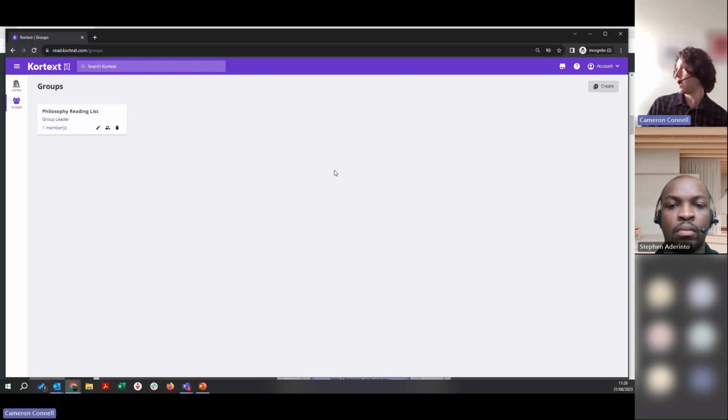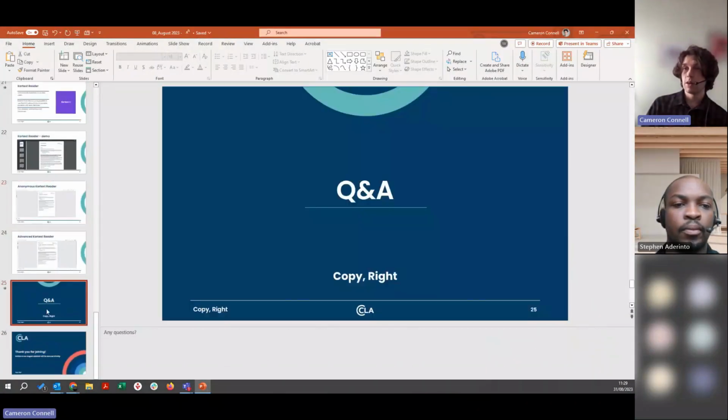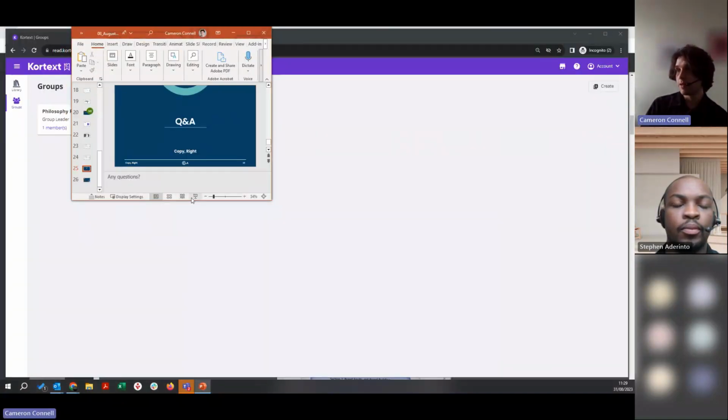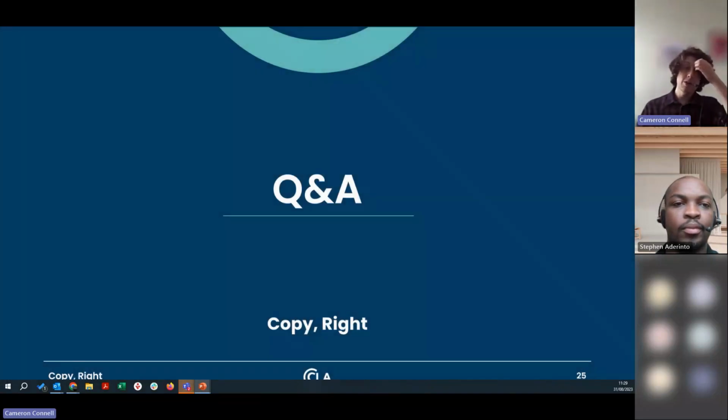Right, so I hope everyone found that helpful, going through the difference between the two kinds of reader. I'm now going to quickly open up the slides and jump over to the Q&A section. I'm having a lot of grief with my taskbar there, sorry about that. And now we're going to move to the Q&A. So if anybody has any questions, queries, or anything they'd like us to go over again, please do let us know and we can go through those now.